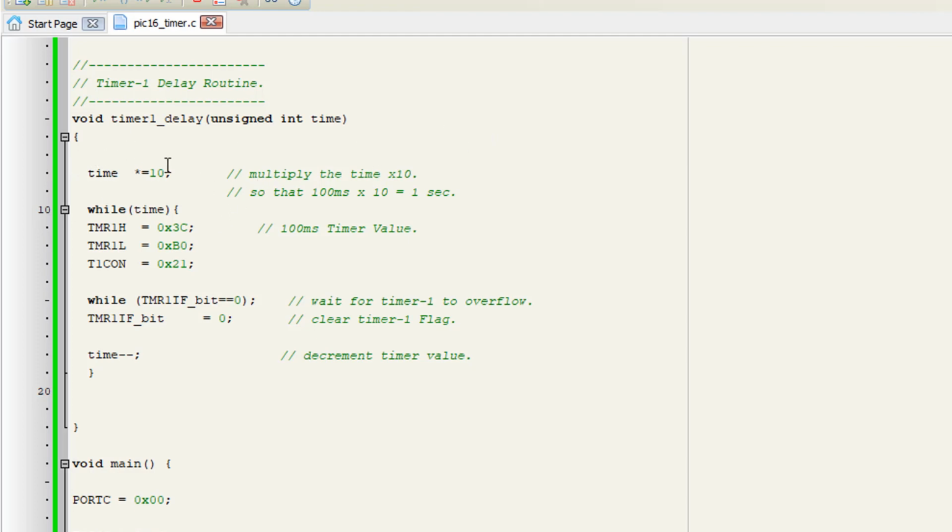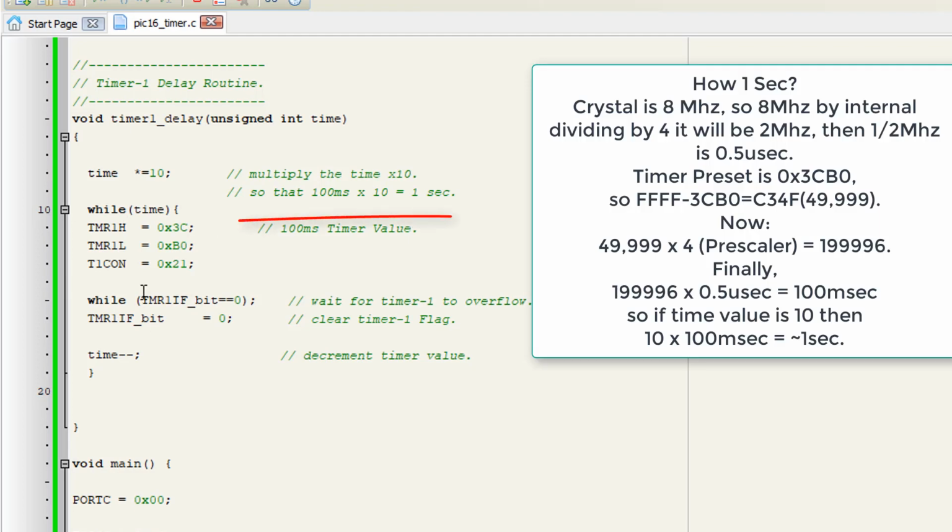I have described that I multiply the value of time by 10. So if it is 1 second, 2 seconds or 3 seconds, first it will be multiplied by 10, and 1 second will be converted into the value 10. This is a 100 millisecond time value I have set.